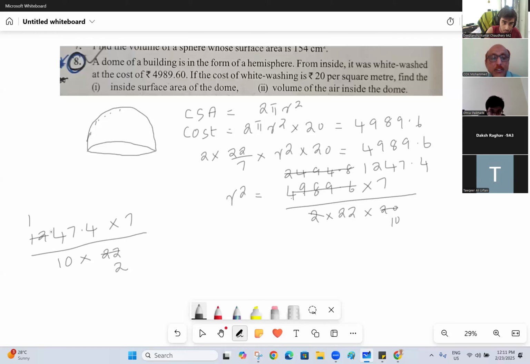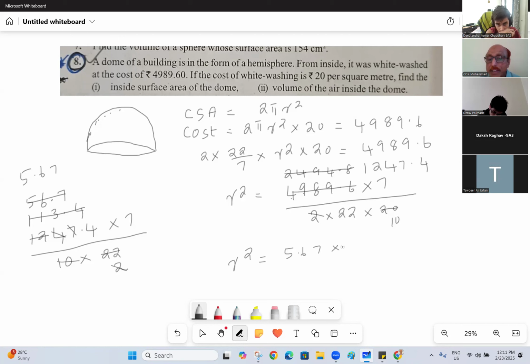37, 3 balance, and 4. This I will cancel again. 5. 5 2s are 10. Then 13, 6, 7. This I will cancel. I will get 5.67. I got R equals